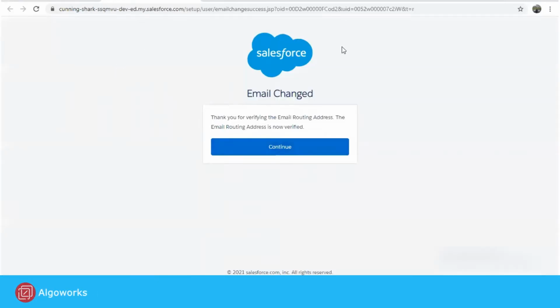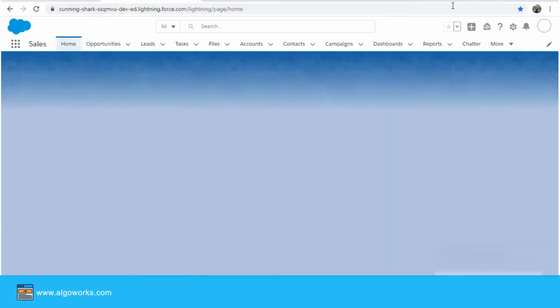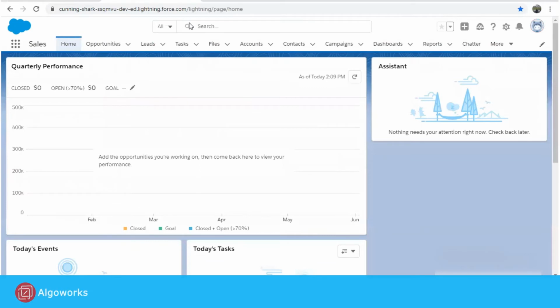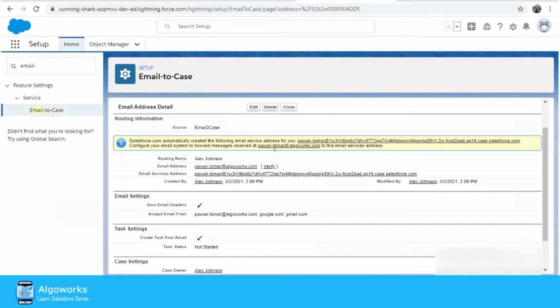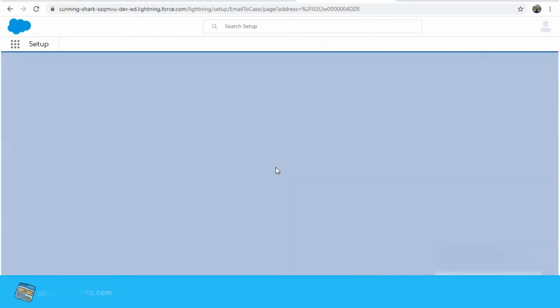The link will direct us to this page wherein we can just click on continue, and that will tell us that the email has been verified. So now that our email has been verified, we'll go and refresh the email to case setup page to see if that is verified or not.